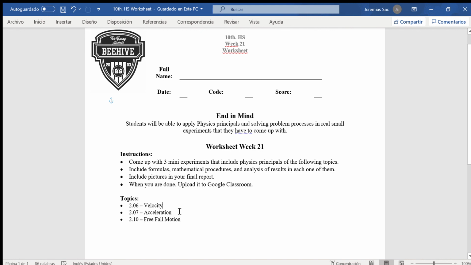with free fall motion. So keep in mind that today we are not having a Zoom session, so you are going to have some extra time to complete everything that you have here in this worksheet. So I was telling you, it's something very simple. It's just a matter of following some instructions. If you have any questions, I am in Google Classroom to respond to your